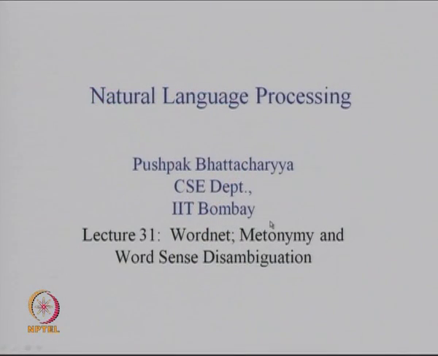And for word sense disambiguation, the senses have to come from a repository of senses, and WordNet happens to be our sense repository. Okay, so we continue, and on the slide we have written WordNet, metonymy, and word sense disambiguation. Metonymy is a relationship which expresses metaphors. Okay, so we will spend some time describing metonymy, which definitely is an extremely complex phenomenon to handle.